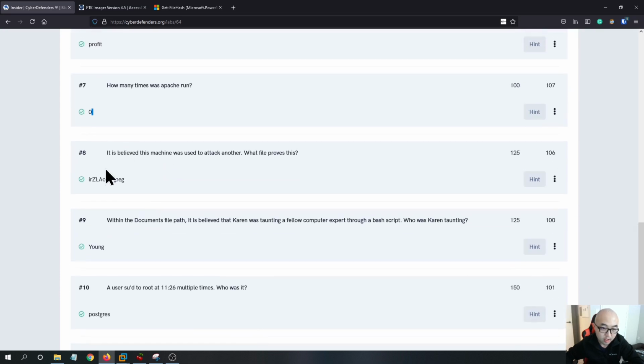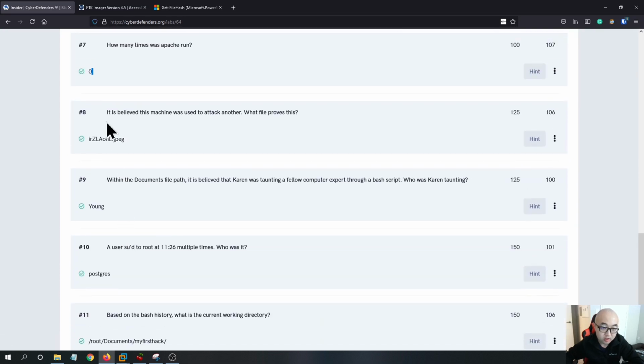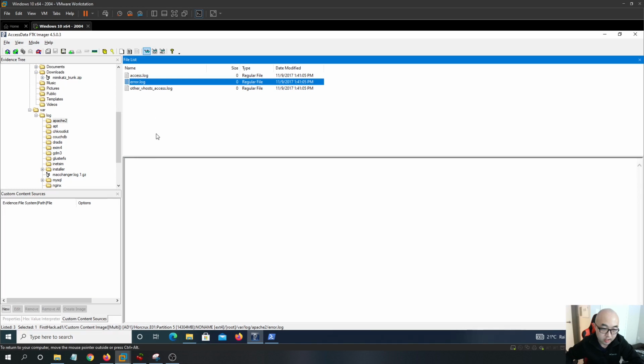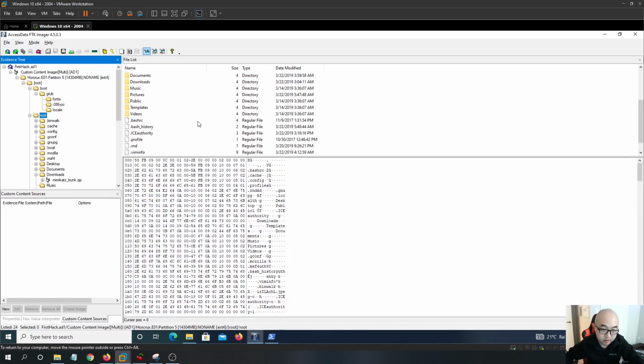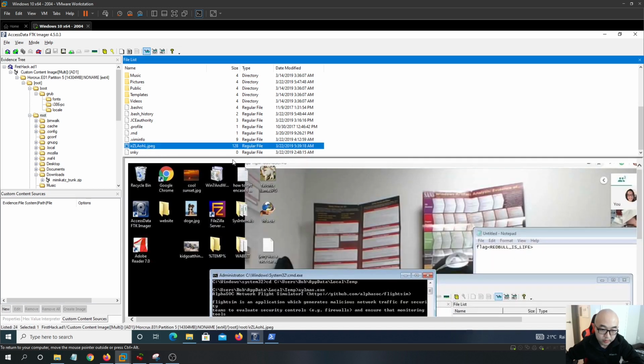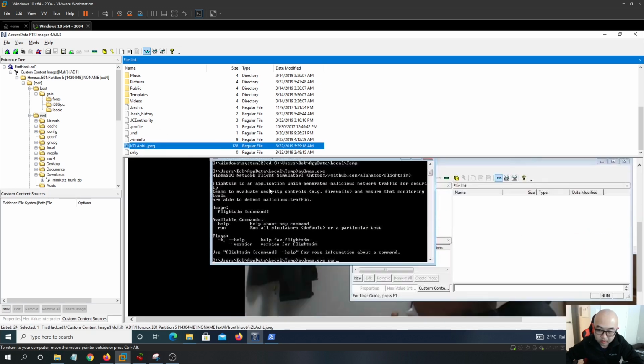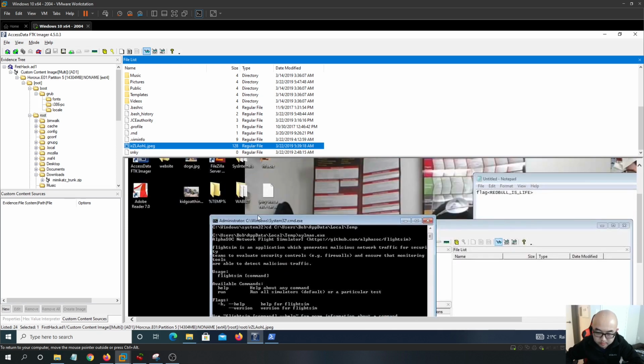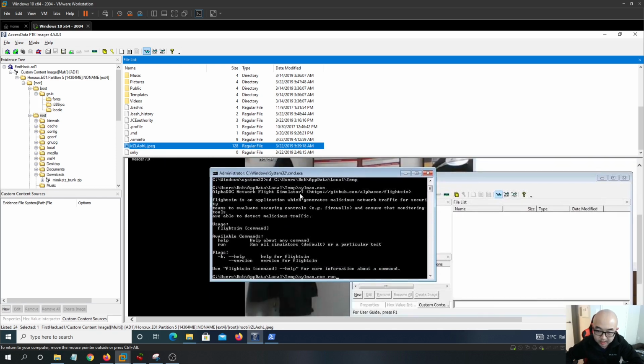So question 8: it is believed this machine was used to attack another. What file proves this? We found a really weird image file name. If you go into the root and scroll down, you find this really weird image file name, and we see on this page that a CMD prompt was opened, and we see that there's a tool called